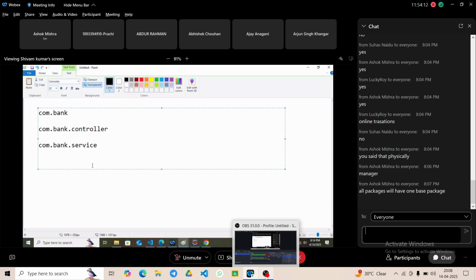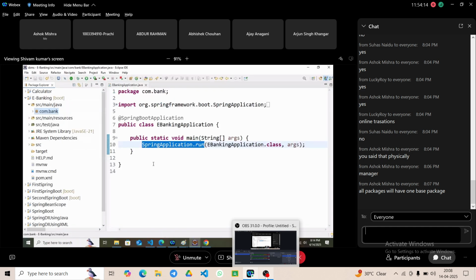Yes, during JPA. Now, how to create a new package? Very simple. You can right click, new,